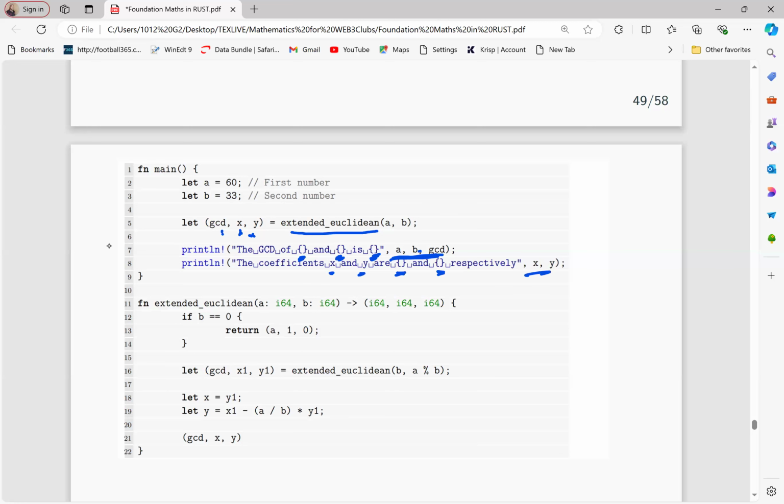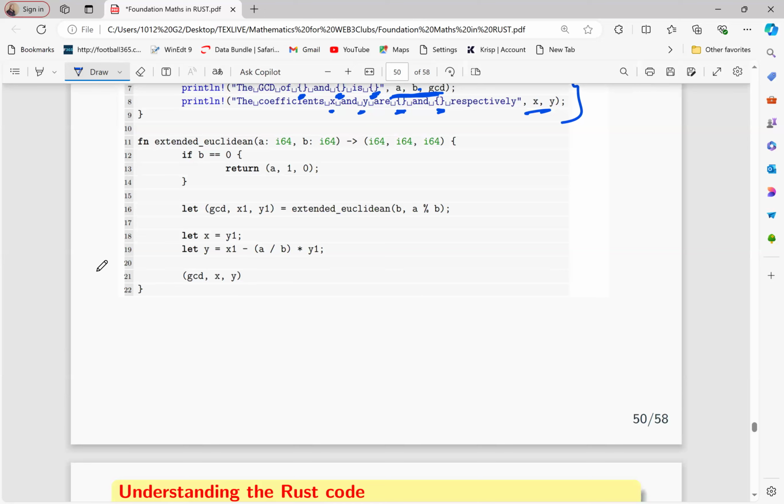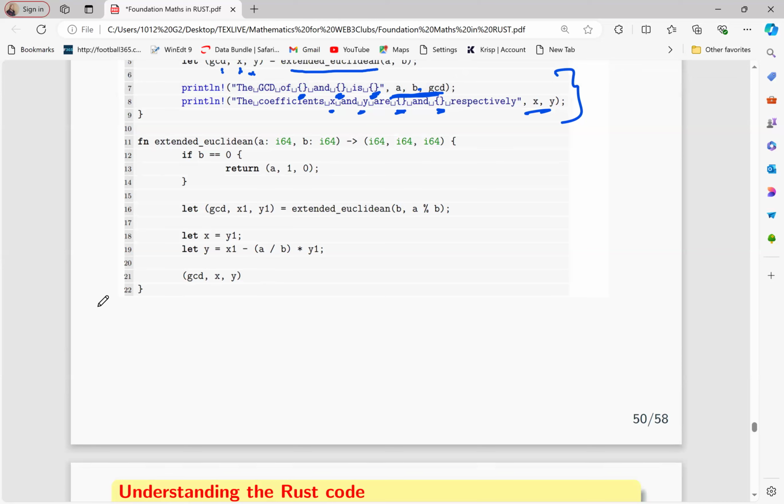So I expect two results. It's giving us the GCD. Then on top of this, it's also giving us the values X and Y. So this is the main function. Now, this is where the calculations are happening. The calculations are happening at this point. And again, it's a very short code. This function,